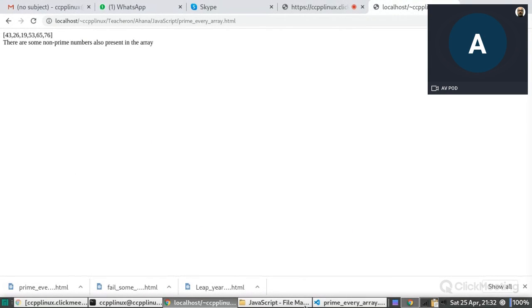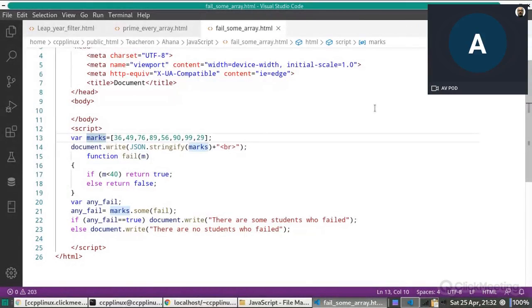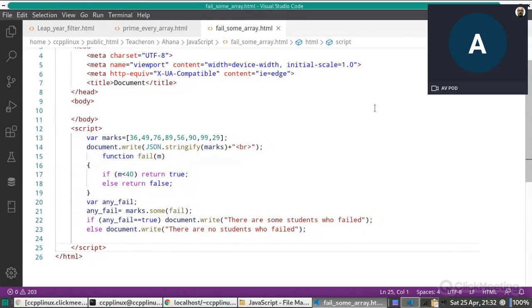Okay. And the last one is this fail some array. So it will check whether there are some fail students or not. Just a minute.